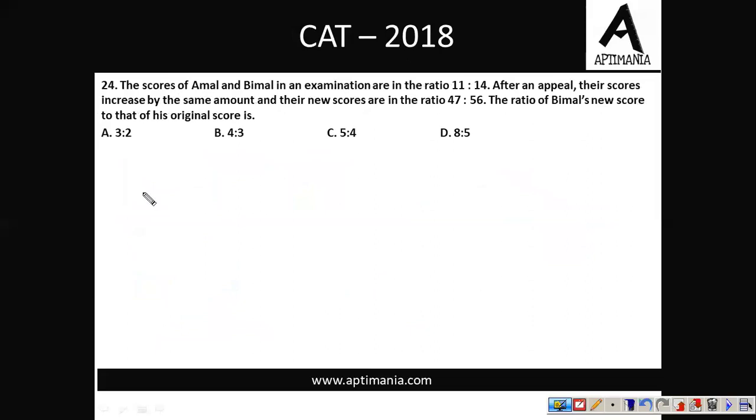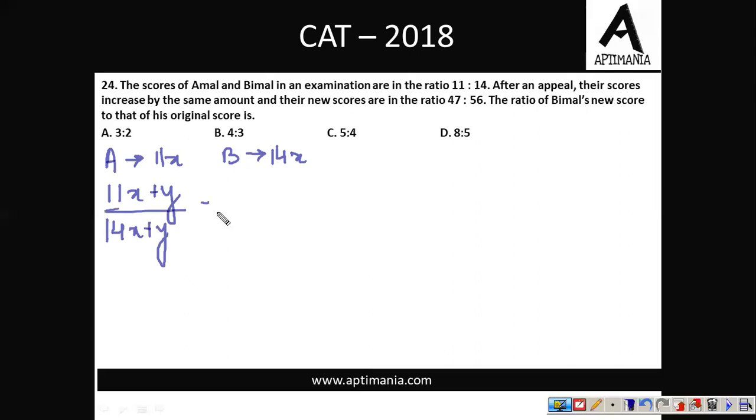The scores of Amal and Bimal in an examination are in the ratio 11:14. So what I'm doing is I'm assuming Amal scored 11x and Bimal scored 14x. After an appeal, the scores increased by the same amount. The same amount means Amal's new score should be 11x plus y and Bimal's should be 14x plus y. And their new scores are in the ratio 47/56. So this upon this equals